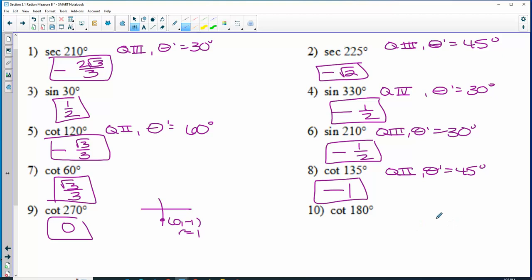So 180, you could treat it kind of like a 0 and think about positives and negatives, or you could draw yourself a picture, x, y, and r. So if cotangent is x over y, -1 over 0,